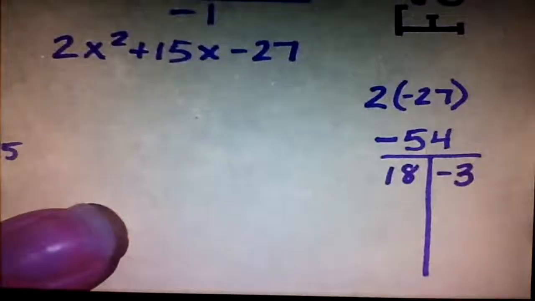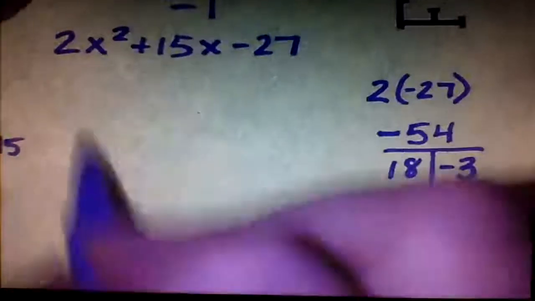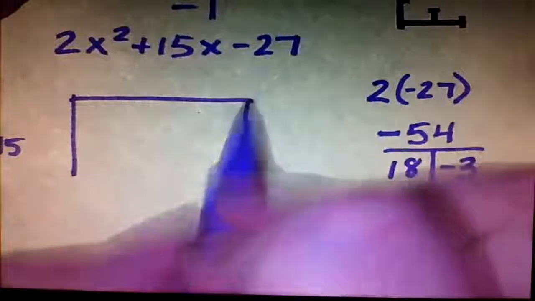Not negative 18. 18 times 3 is going to give you 54, and I want it to be a positive 15. So my 18 has to be my positive one. So when I put it in the box,